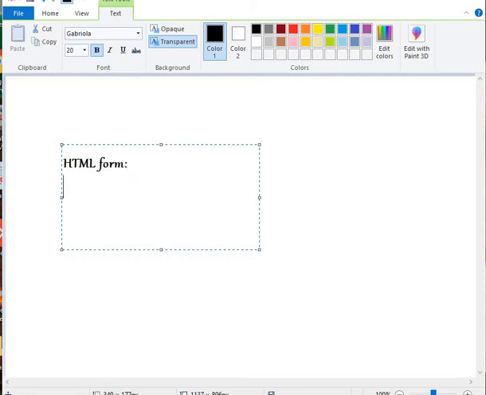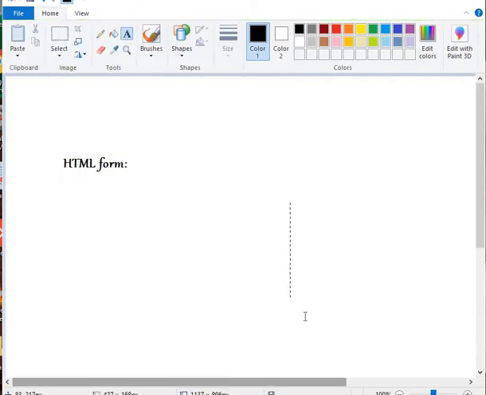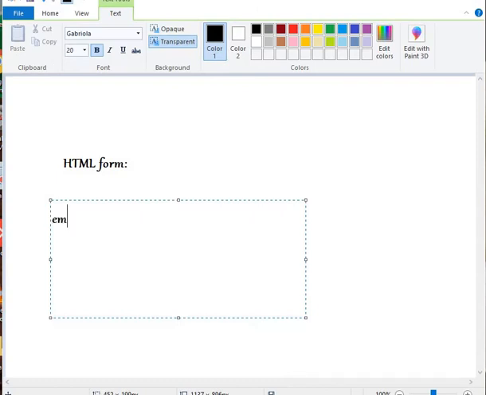An HTML form, or form in HTML, is used to submit some kind of information or data, and they're used when you want the page to do something. For example, when you log into your email account, you write your email ID in a box, and you also write your password in a box, and then you submit this data, right?